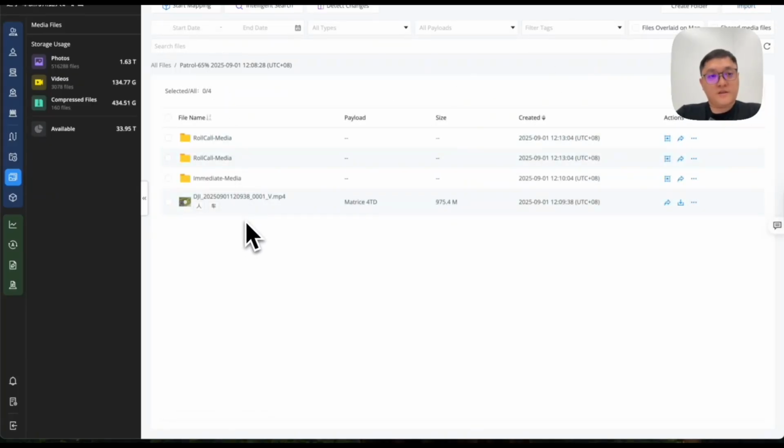So that is the patrol route. To summarize, the first thing you need to do is to create a patrol route in the flight route library. The second thing you need to do is, if you're using a Dock 3, run the mission in the task plan library. If you run it with the normal Matrice 4 series, you just go to the site and run it from your RC. Then the photos and videos will be